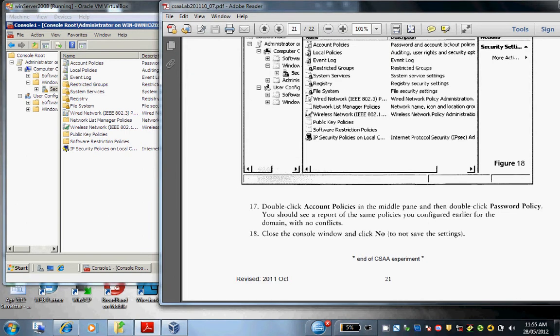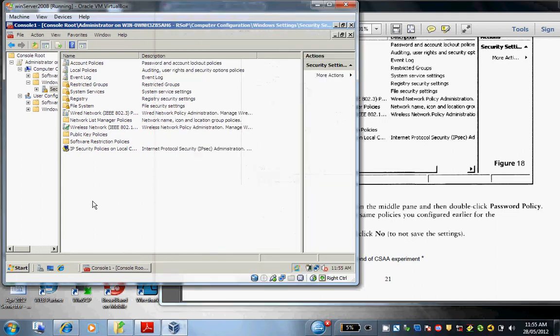Double-click Account Policies in the middle pane and double-click Password Policy.